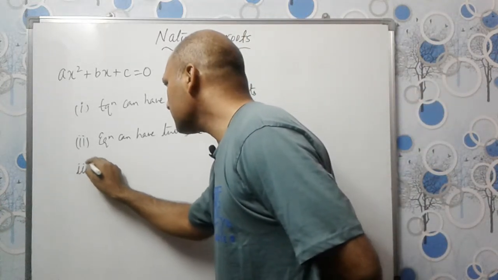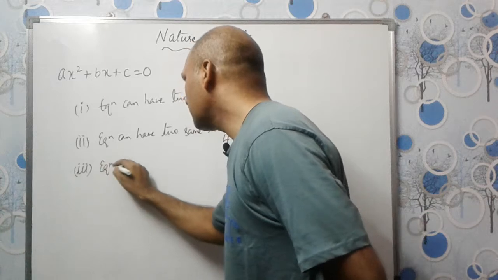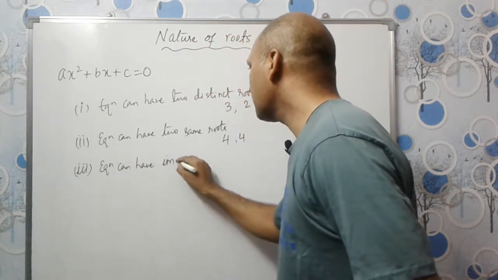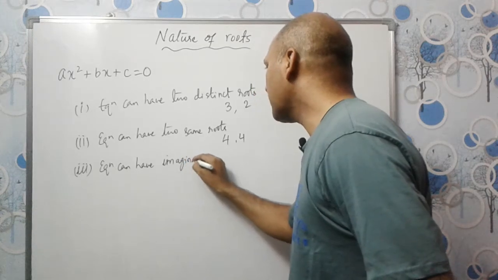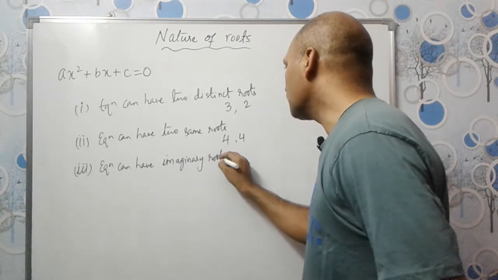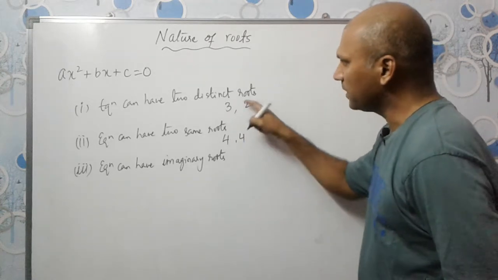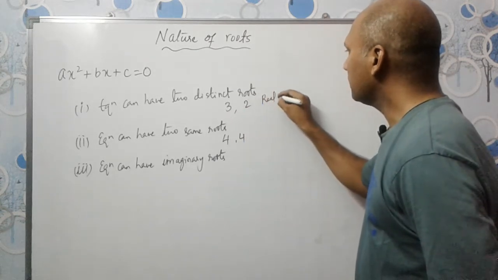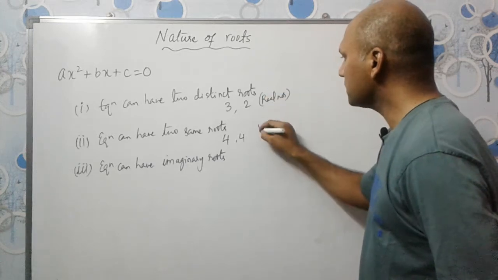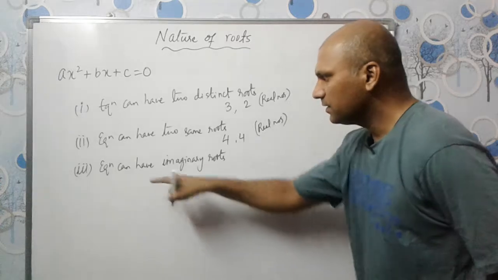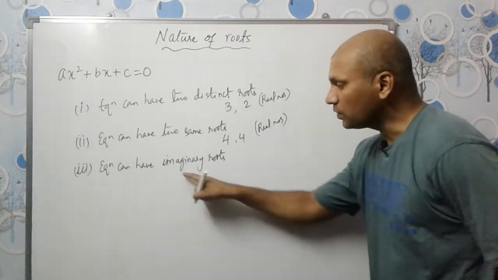The third case is equation can have imaginary roots. See, these are real numbers, 3, 2. They are different, but they are real numbers, right? Here the roots are real numbers, here also the roots are real numbers, whereas here the roots are imaginary